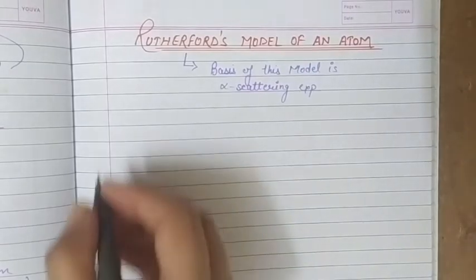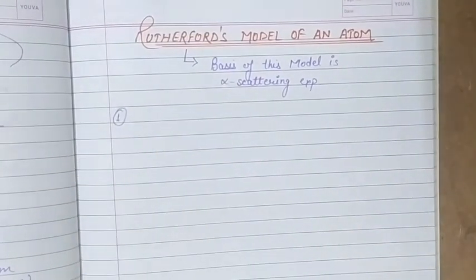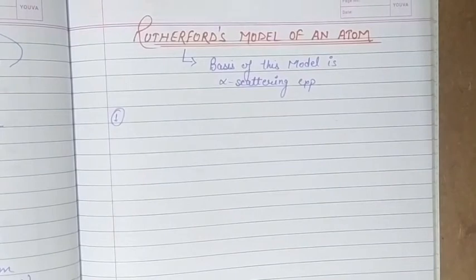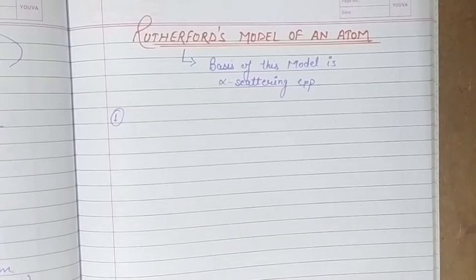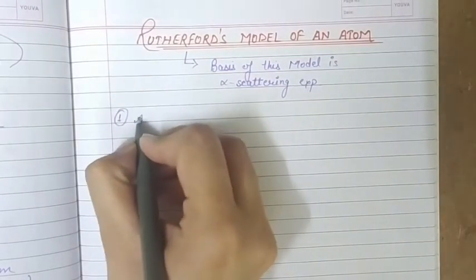The very first postulate is that an atom consists of a small and massive core at the center, and that core has the entire positive charge and almost the whole mass of the atom concentrated in it. This core is called the nucleus. So the first postulate is about the nucleus, in which he suggests that an atom